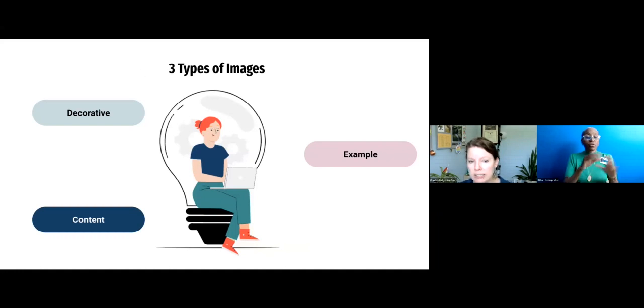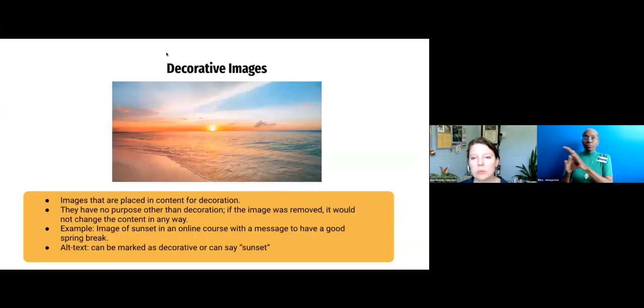Well, you might include decorative images, content images and example images. We'll dive into decorative images. So I see a lot of this in our faculty's courses and their materials. They love to put in an image that is beautiful, eye-catching. It's not necessarily helpful for instruction or content, but it is beautiful. So these are images that are placed in your content for decoration. They have no purpose other than decoration. So if the image was removed, it wouldn't change anything for the student in any way in terms of content